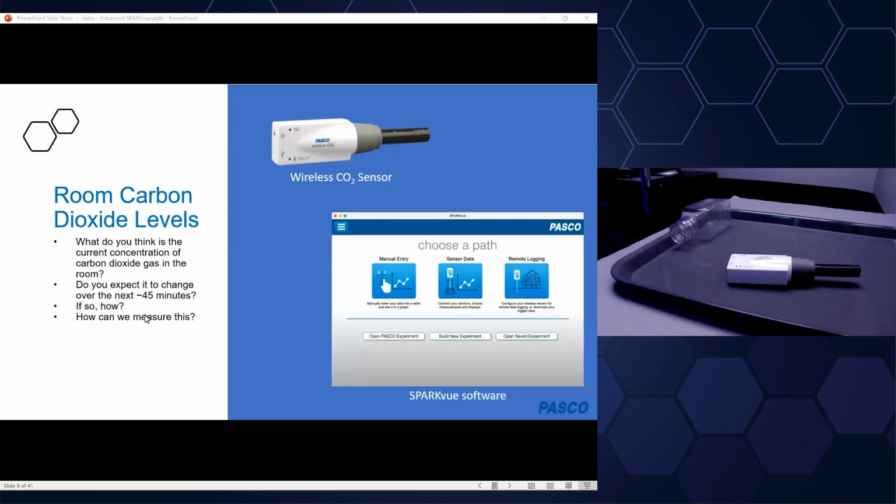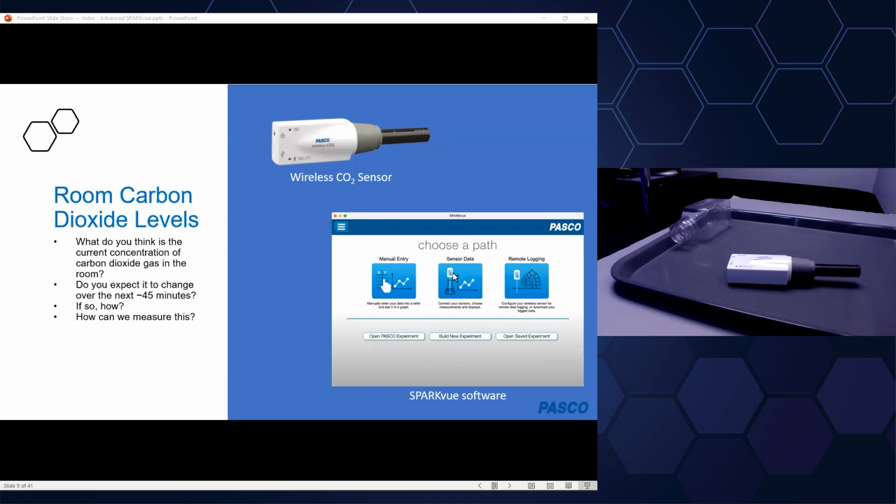Now, typically, and in previous webinars, we've connected the wireless CO2 sensor via Bluetooth to SPARKvue and typically used this sensor data path, a popular path for streaming data live to a display like a graph in SPARKvue. But if we think about the next 45 minutes, I need to be using my computer here to demonstrate other activities. So I don't want to occupy my computer just looking at live CO2 data streaming from the sensor over the course of the webinar,